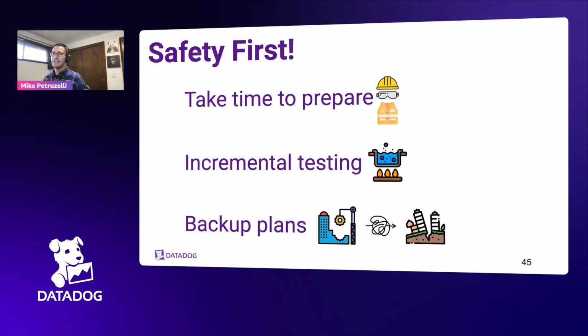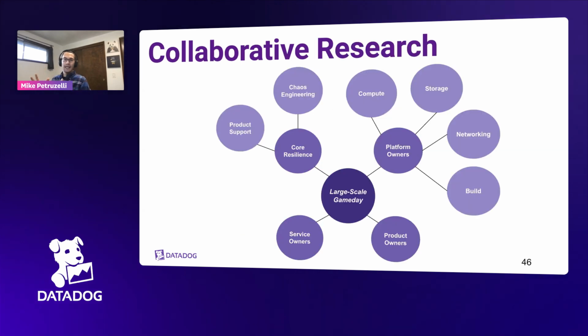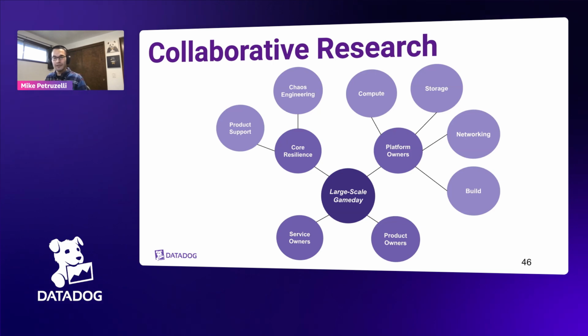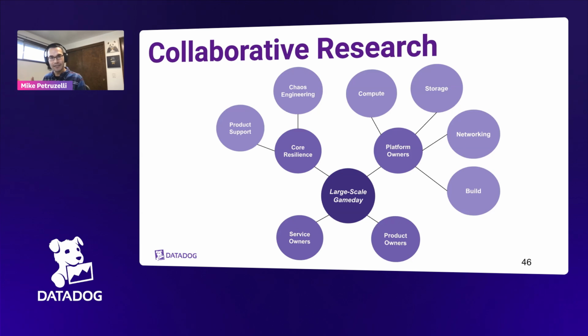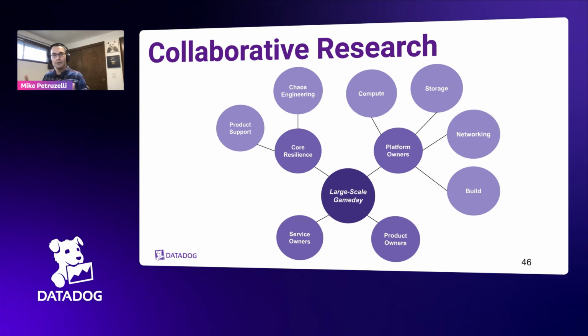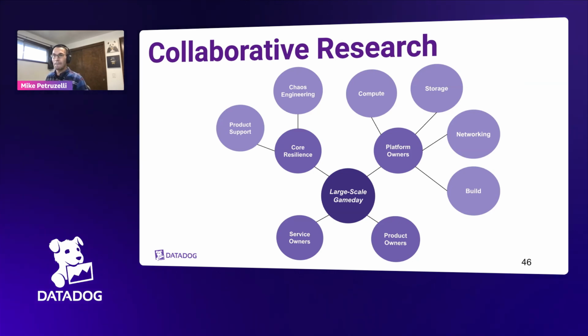And so how do we go through this? A lot of this is collaborative research. We have platform owners, we have other product support teams, and even us on Core Resilience, we have a chaos engineering team that helps us build these disruptions. We go work with the platform owners, product owners, and service owners, and we keep track of each one of those people. We want them to then participate in the game day. If you've given us this amazing nugget of information that helped us guide this game day, we want you to be there. We want your systems to participate. That's kind of why we came to you as an expert.